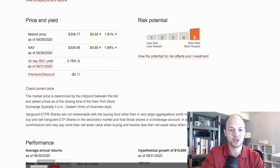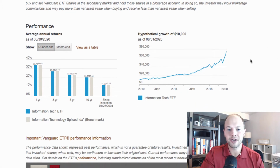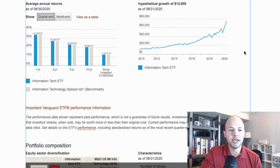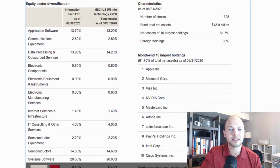Sorry, just so many different letters. But anyways, so the Vanguard growth stock for technology, VGT. You can see the performance of this one over the past 10 years, just from a growth scale is pretty incredible. And then looking at the portfolio as a whole,